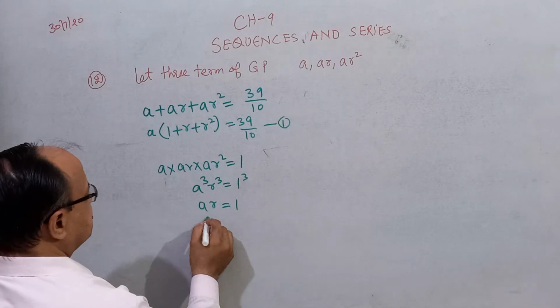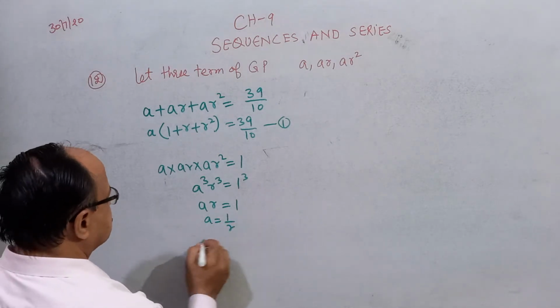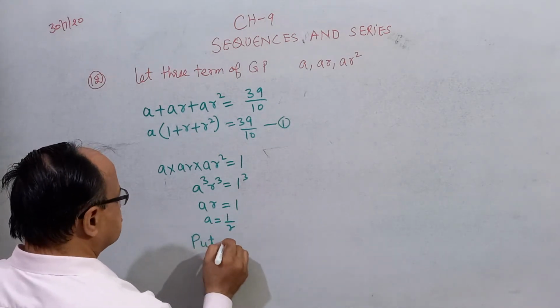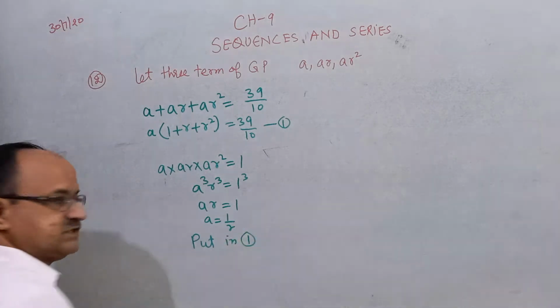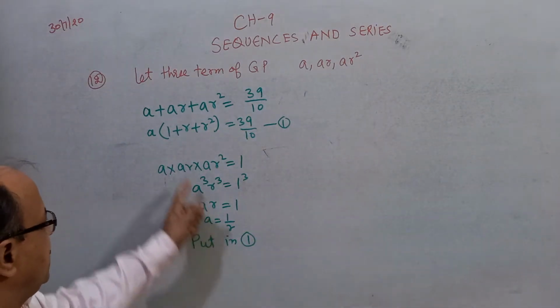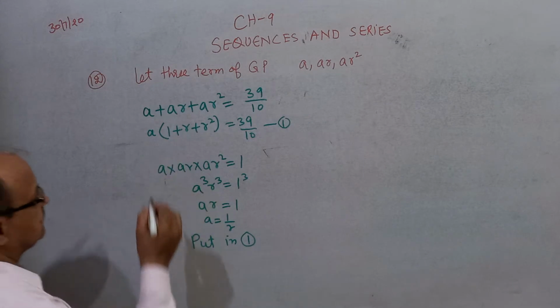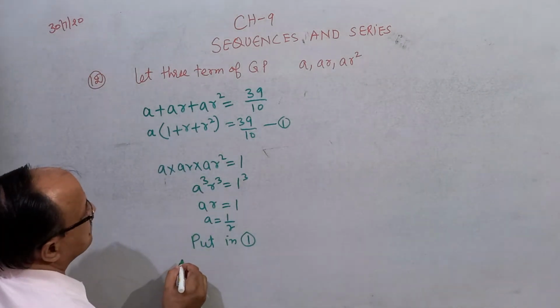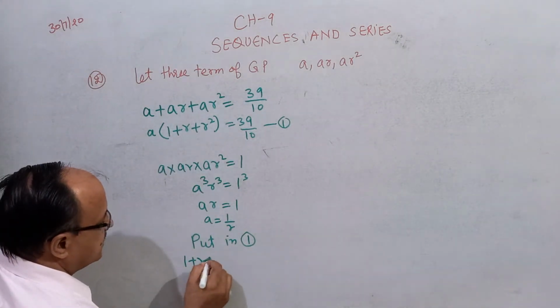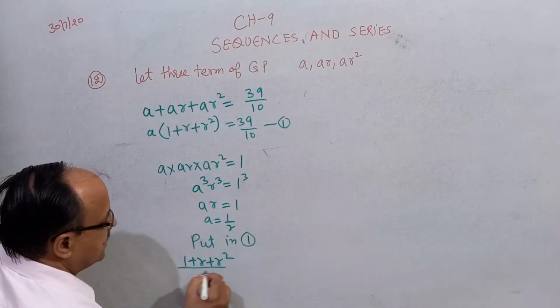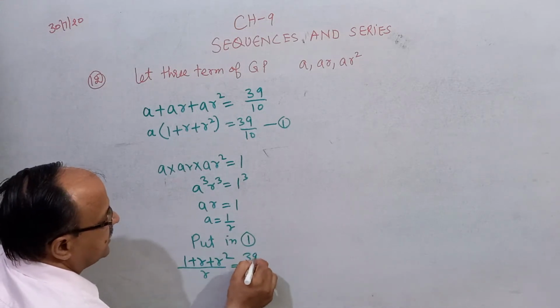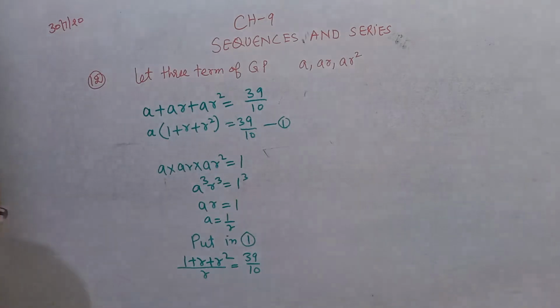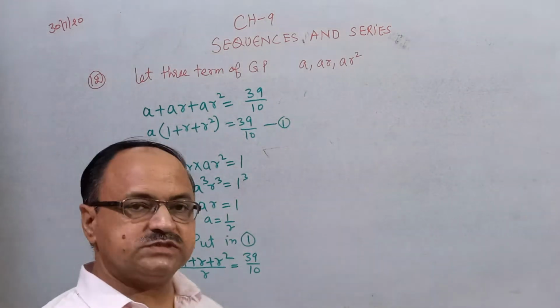I put the value of A. What is the value of A from here? A is 1 by R. Put this value of A in the first equation. Therefore the result is 1 plus R plus R square upon R, that is 39 by 10. Correct? Now cross multiply,